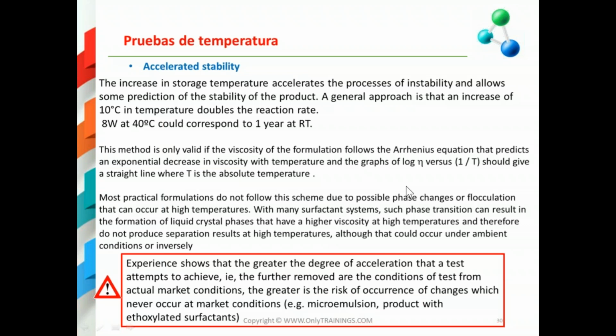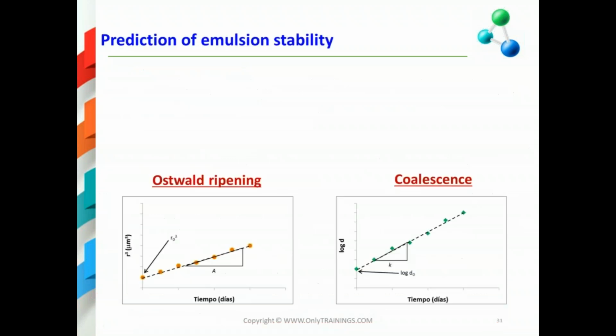Okay? Experience shows that the greater the degree of acceleration that the test attempts to achieve, the further removed the condition of the test is from the actual market condition, and the greater is the risk of occurrence of changes that will never occur at market conditions. Okay, so that is the case of microemulsion formation or products that are formulated with ethoxylated surfactants that are very sensitive to temperature. Okay, so these two tests that I showed you before are the common tests that a normal cosmetic lab is using, because every lab has a centrifuge and